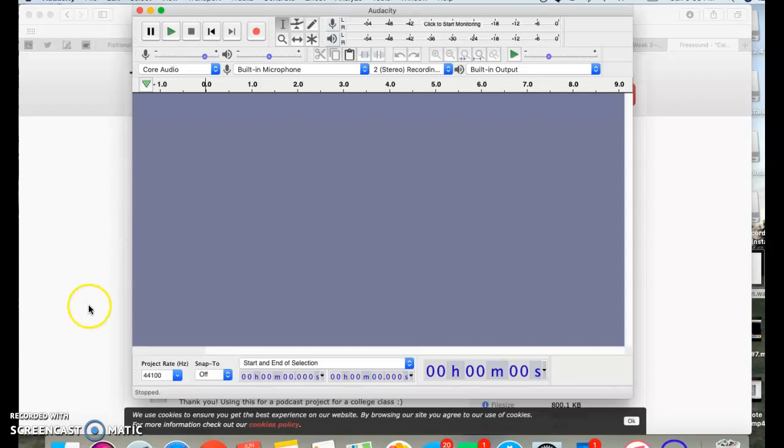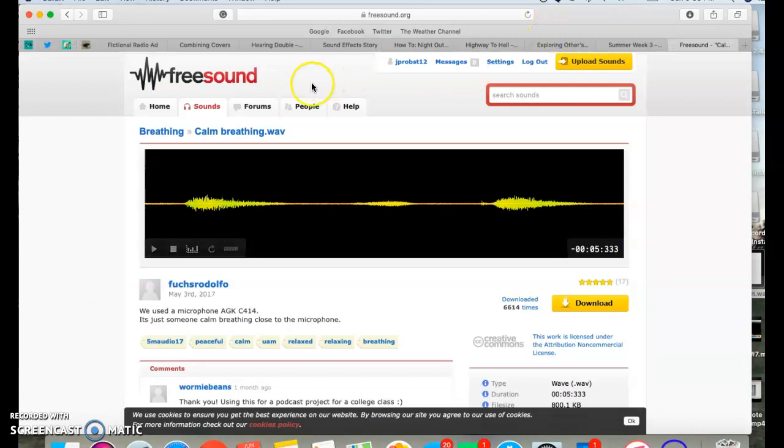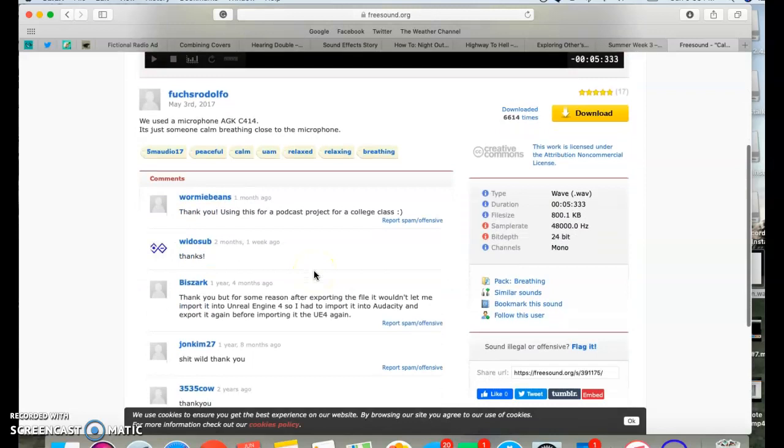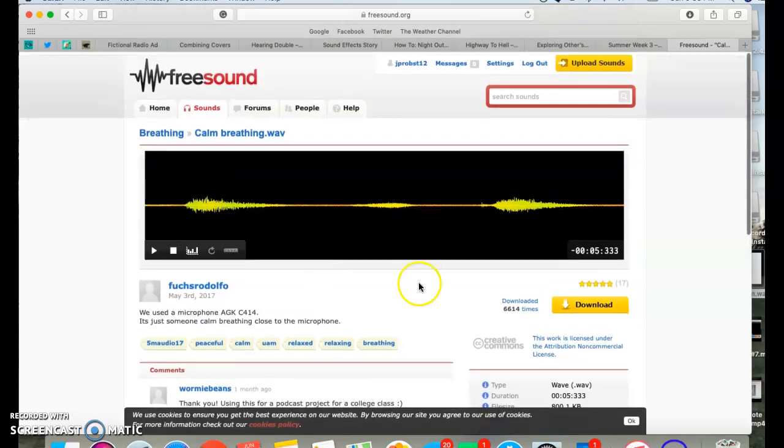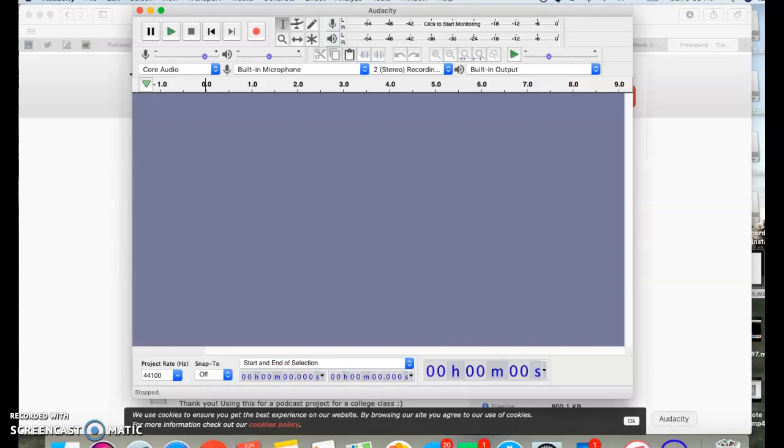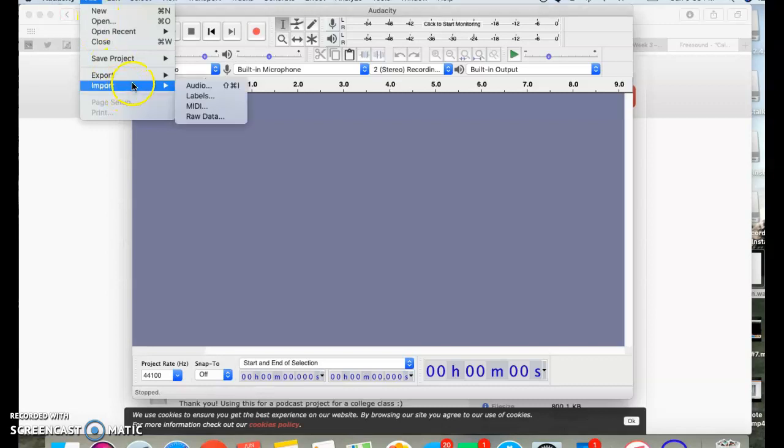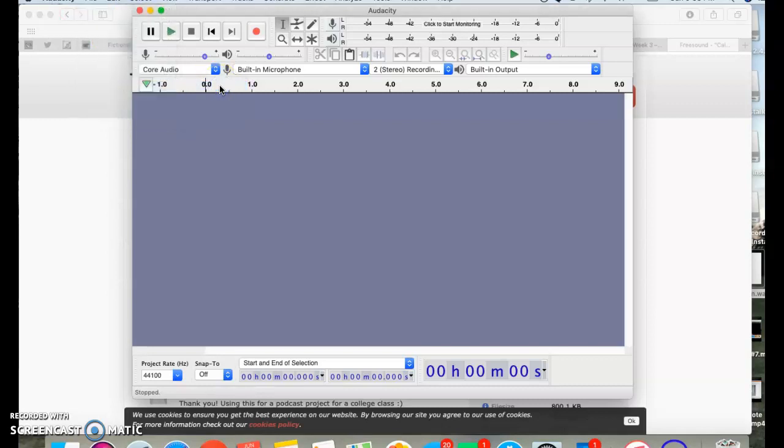But the first thing that I did was create an account with this nifty website called Freesound, which allows you to download a lot of cool sound effects, anything that you really need. And after you've downloaded them, you're going to open Audacity and go to File, Import, Audio,